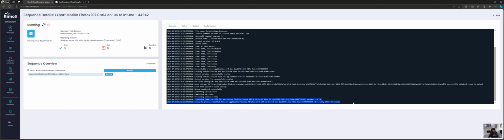So that just takes a couple of seconds to confirm that it's there, and then that sequence is marked as completed, and that application is exported to Intune. Typically it's under a minute for a simple application like this. So there you go, 1 minute and 1 second. And if I went into Intune,